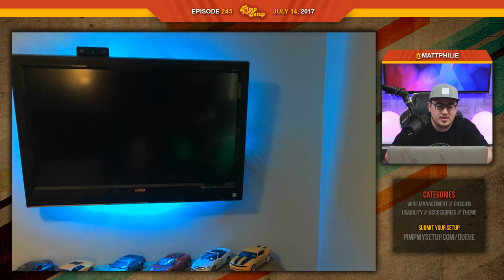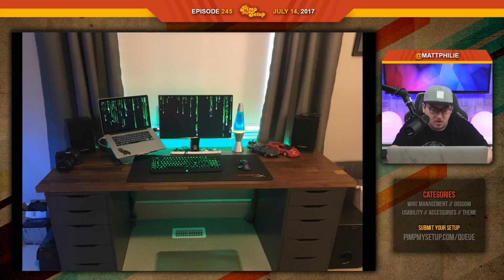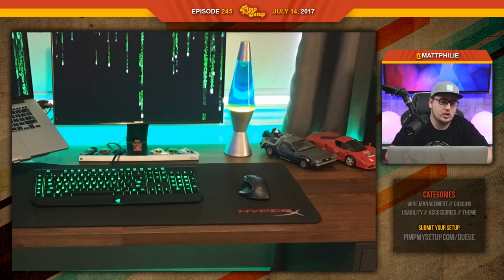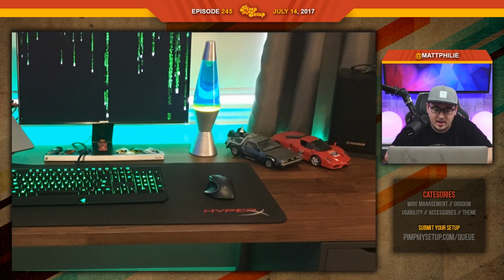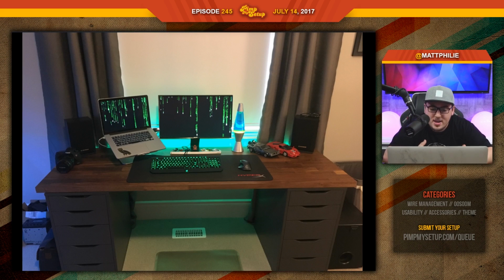But I like the shelf underneath, I like the cars, and the best part about it is in the first photo, we get even more cars bleeding throughout the setup underneath the monitor. We got some Hot Wheels, dude. That throws me back. And then, you know, we got the DeLorean and all that off to the right side there, which I think is really cool. Maybe it is just a smidge too much with the two cars right there, because even though the speakers are technically in the same symmetrical position, opposite sides, working out in the perfect corner, I still